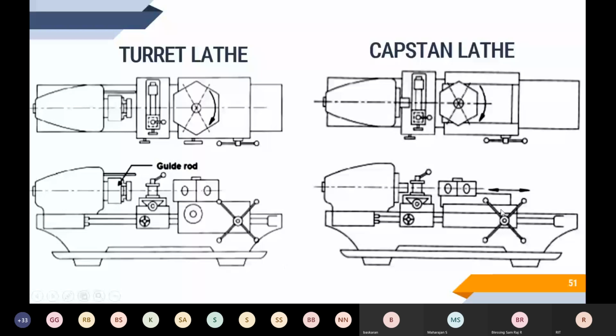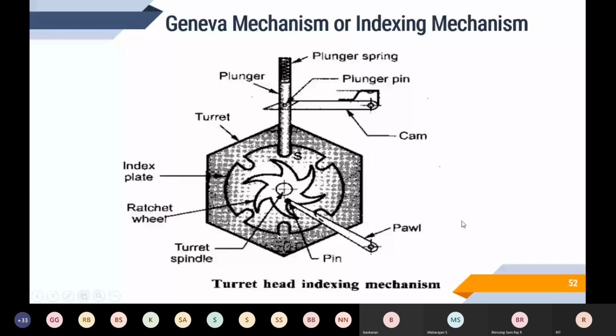And then the internal mechanism present in the capstan and turret head. The turret is provided with an automatic indexing mechanism. The Geneva mechanism is used in the turret lathe and automatic lathes. This mechanism translates continuous rotation into intermittent rotary motion. So it doesn't rotate continuously; it rotates periodically. Once it rotates clockwise, automatically the ratchet will release and then the next position will come up. The turret head, indexing plate, bevel gears and ratchets are mounted on the same vertical spindles. You can see the index plates, ratchets, ratchet spindles, pin and bevels, and their role. When you move in the clockwise direction, the ratchet will rotate periodically.